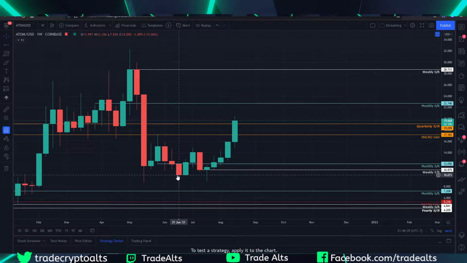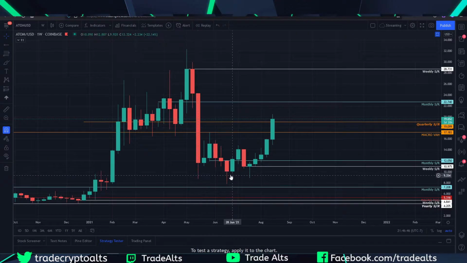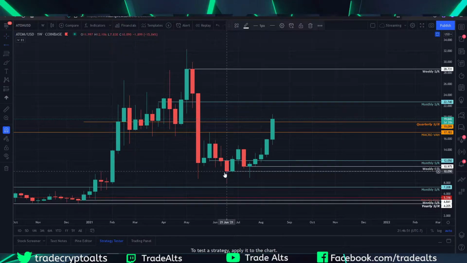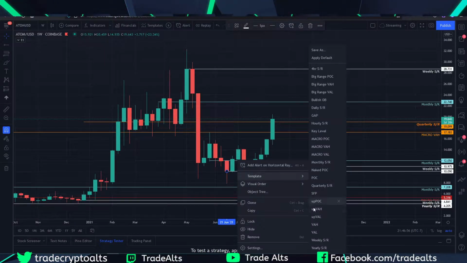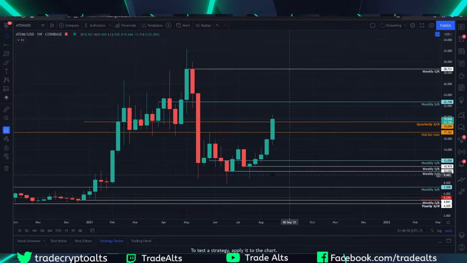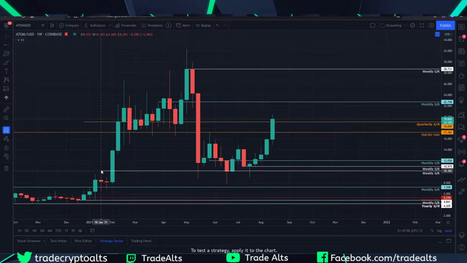you do technically have a bit of support here, but just judging by the reaction right here, this is kind of iffy. Which, actually, I'll tell you why in a second, this level is worth watching. Simply because if you see where my line is, I could actually pull this right here, and it's very close. That's basically your weekly level, and you have a nice wick reaction here, push back, and then